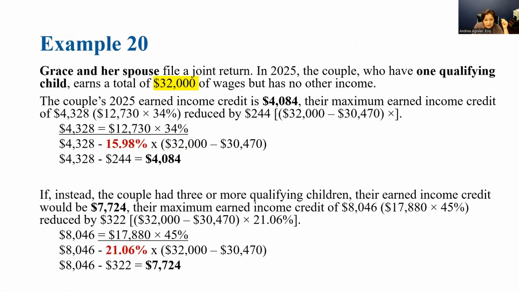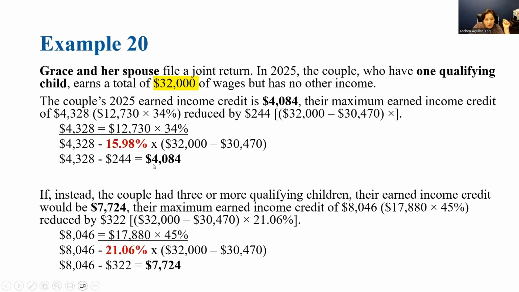The excess is $1,530. Okay, that's the excess, and we're going to multiply that times 15.98%. That gives me $244. So our maximum earned income credit would be reduced by 244, and that will give me an ending earned